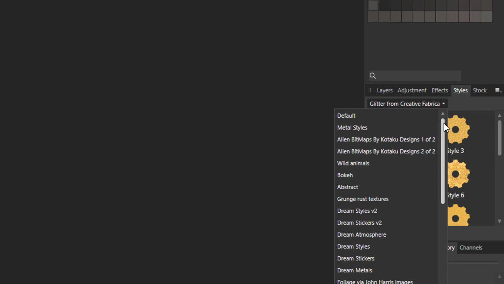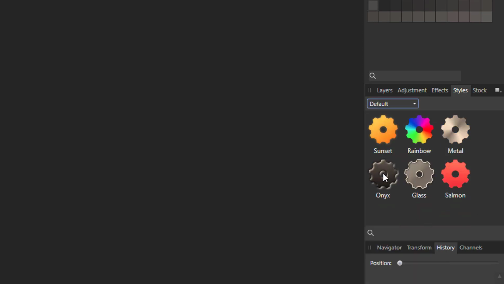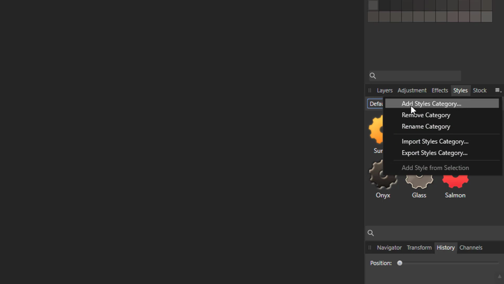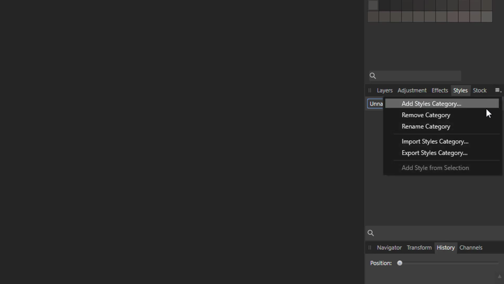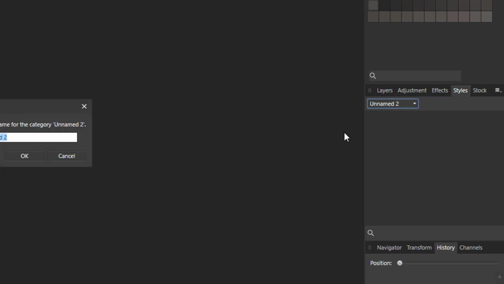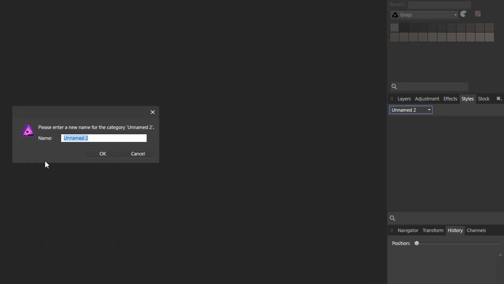So let me just go back to default options. So first thing you need to do is to make yourself a category to put these new styles into. So over here in this little square up here is the menu. So if you click on that, you can do add styles category, and it will call it unnamed, or in my case unnamed 2, because I already have an unnamed file. And then you just want to rename that, because I'm sure you don't want it called unnamed. So you click that menu button again and then rename category,